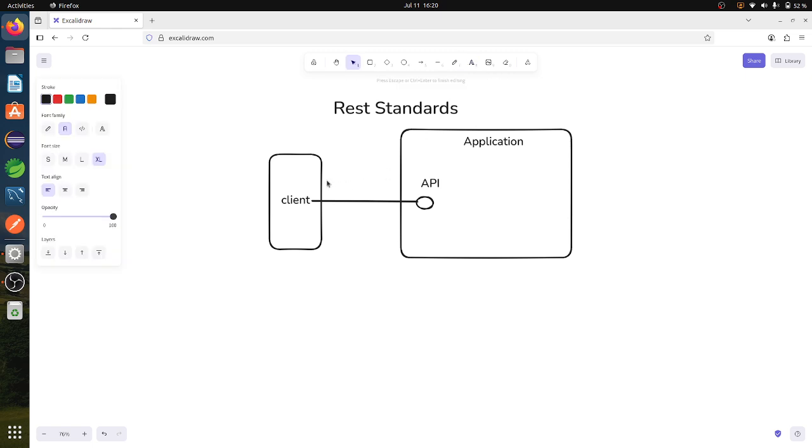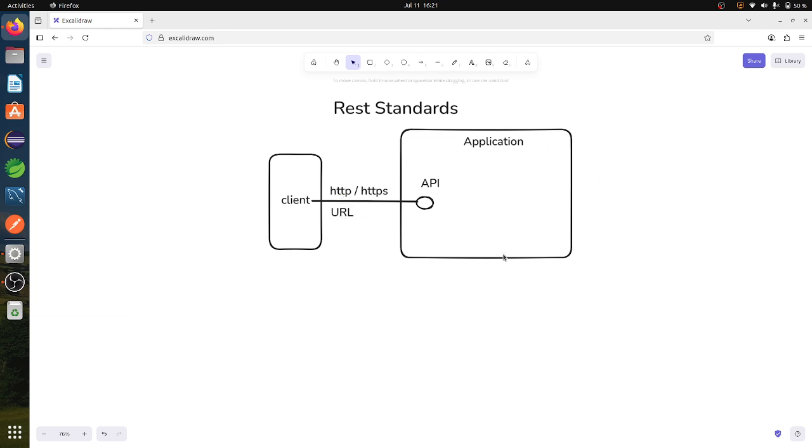There are two types of protocols. One is called HTTP and the other is HTTPS. Using this type of protocol, any client is able to call the application using this API, and he is able to use the benefits of that application. Here the API is nothing but the URL. So in the browser he just passes the URL, which is called the API. Whenever he passes this API, he is able to call this application.